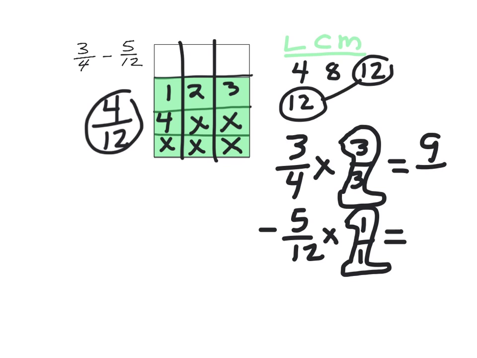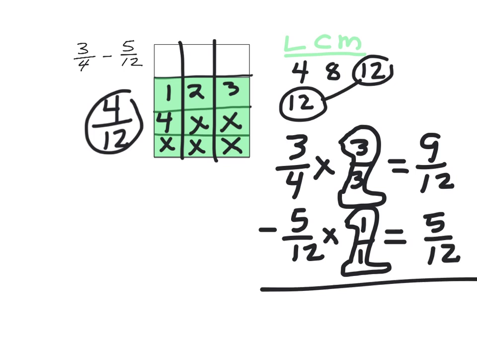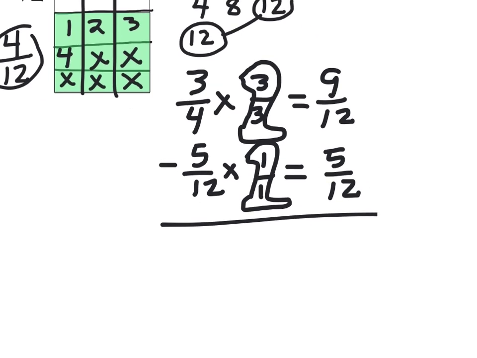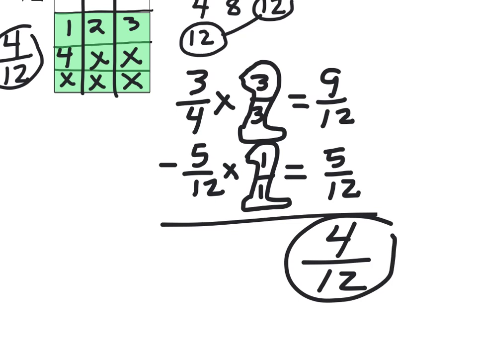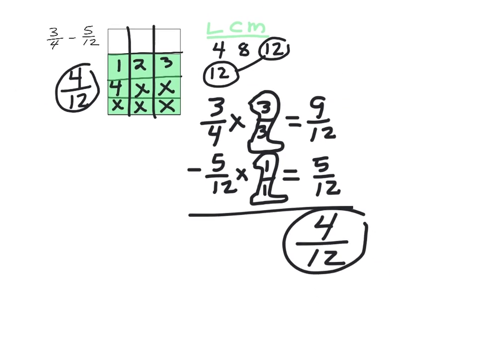And then 3 times 4 is going to give me 12. 5 times 1 is 5. And 12 times 1 is 12, right? So now I'm ready to subtract. And I'm going to just go 9 minus 5 is going to give me 4, right? 4, and that's twelfths, right? So 4 twelfths, as you see, agrees with our illustration, right,